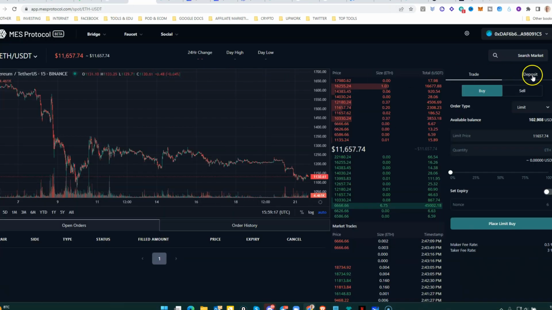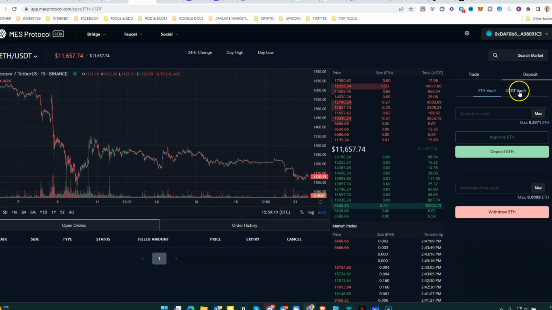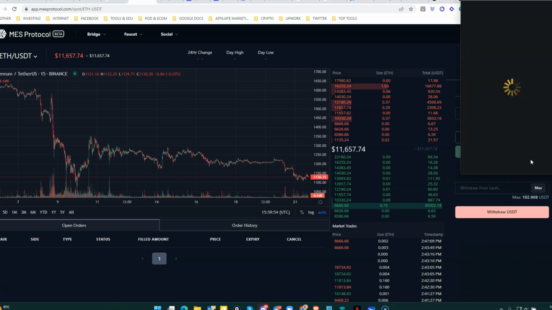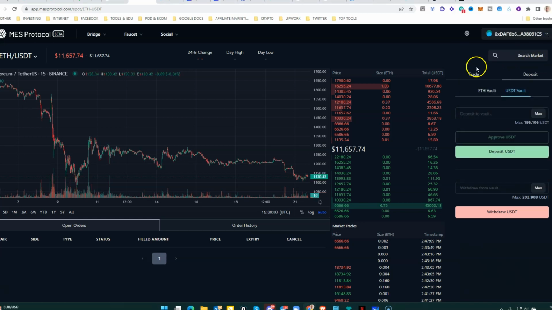You go here where it says deposit, and then you just choose the Ethereum vault or the USDT vault, and then enter an amount. I already have some funds in this vault, but the process is similar. You type the number that you want to add, then you need to approve. I don't need to do that because I did it before, and then deposit USDT, confirm. Now we are going to trade. So you click on trade,